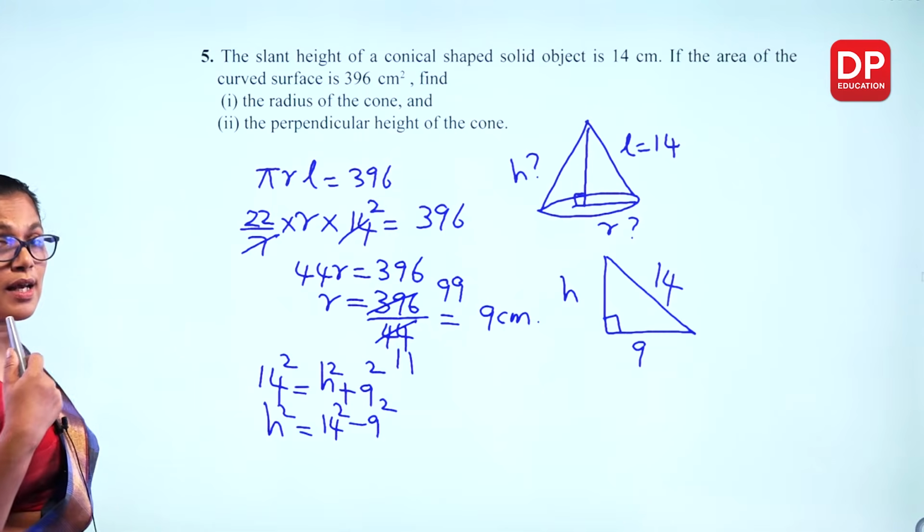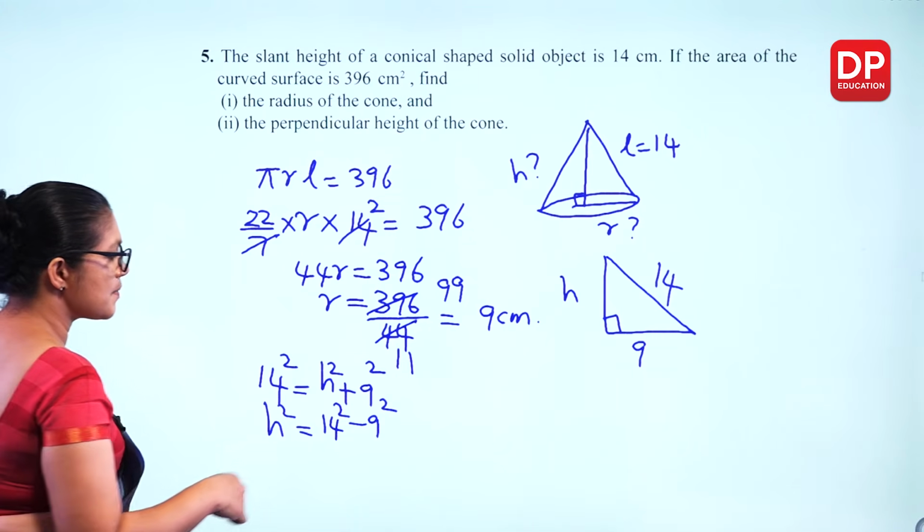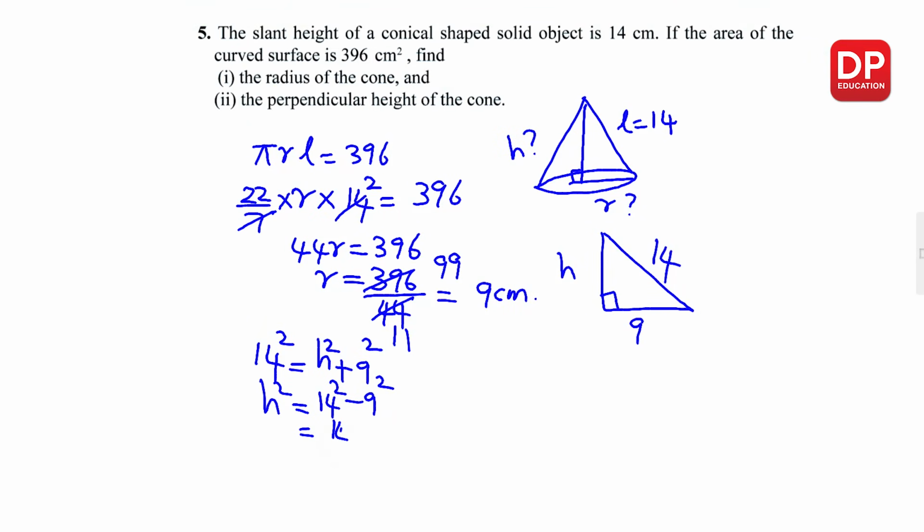Here shall we use the difference between two squares? So I can write 14 plus 9 and 14 minus 9. So 14 plus 9 is 23. 14 minus 9 means 5. So 23 times 5,